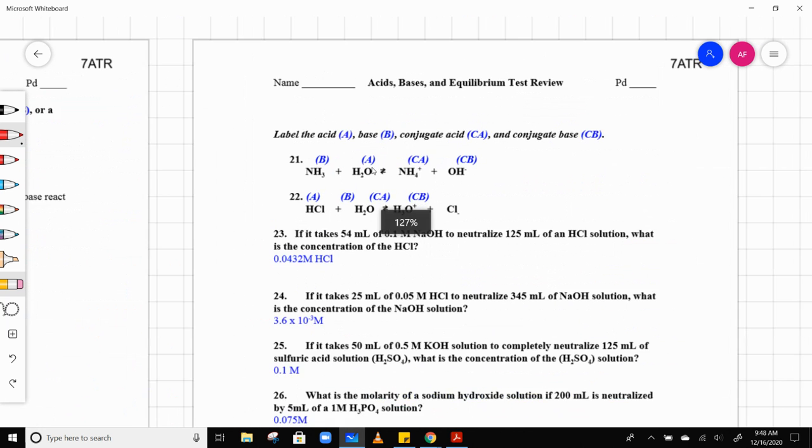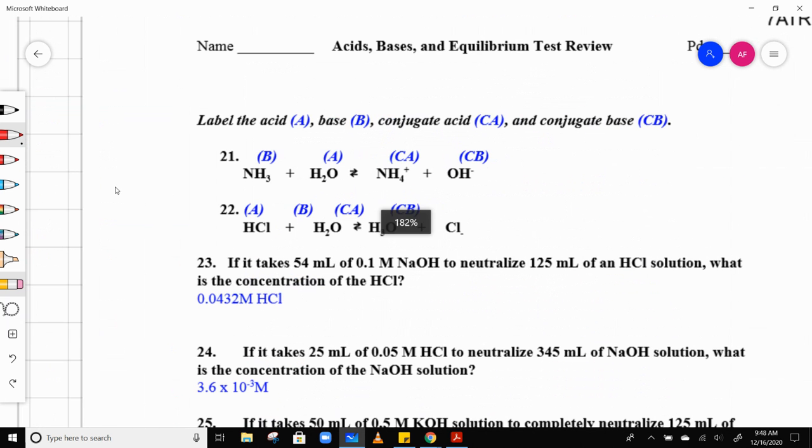Next, looking at Bronsted-Lowry conjugate acid-base pairs. So here, going from NH3 to NH4 plus, it takes on an H plus, so therefore it's the base. Then H2O goes to OH minus, therefore it's the acid, it gives up H plus. And remember, acids and bases are always in the reactants, and then conjugate acids and conjugate bases are always in the